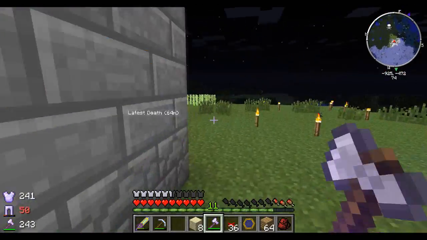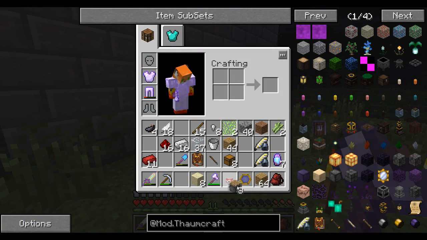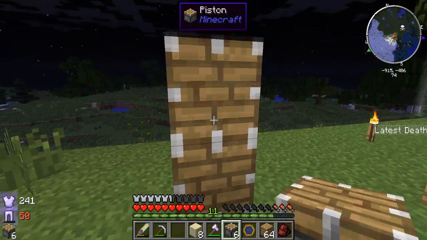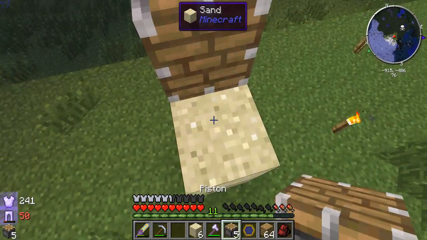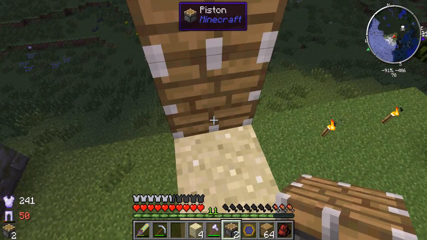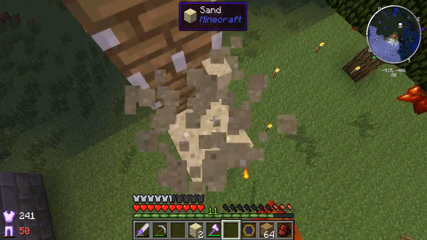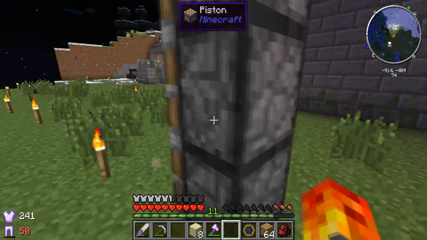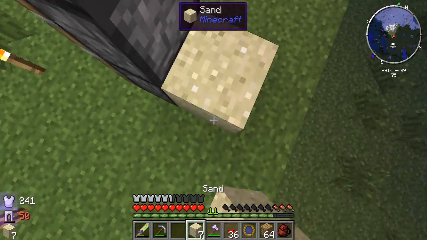Okay, so what we're going to do is just nip outside, and I'm going to set this up in the way I want it. Let's see, pistons first, and we'll put the pistons here. And that's that set up. So what we need to do now is we need to actually go around the back of here. Hopefully I can jump high enough to, I don't think I'm going to be able to, so